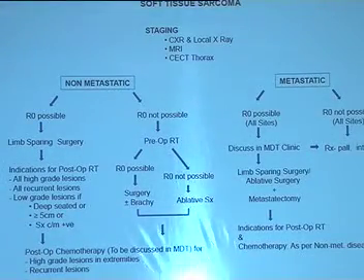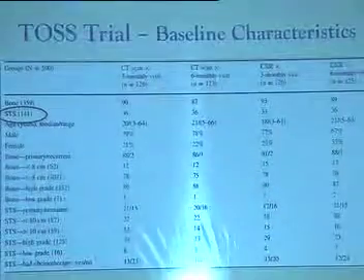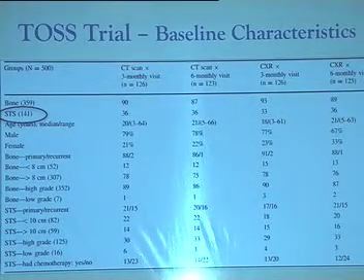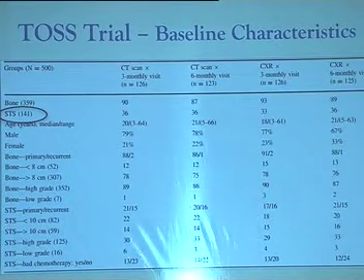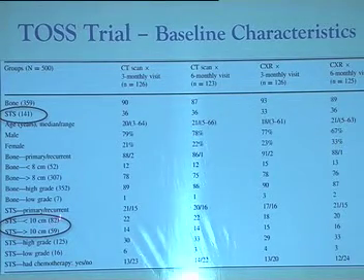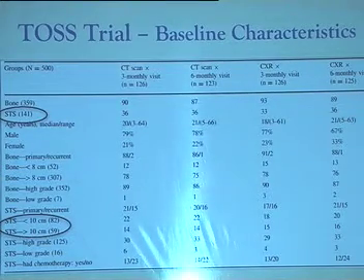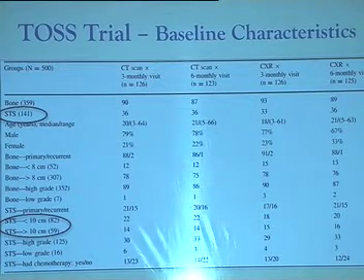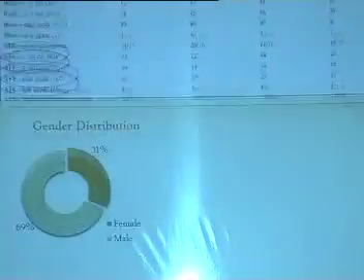This is the algorithm which shows how these patients were managed. All the patients went through this algorithm, and the treatment was decided by a multidisciplinary team. This is the subset analysis, where out of a total of 500 patients recruited in the trial, we had 141 soft tissue sarcomas, and 82 were more than 10 centimeters, the major chunk, which is exactly the reverse compared to the Western series, where the numbers are in the category less than 10 centimeters. 125 were high grade and 16 were low grade sarcomas.